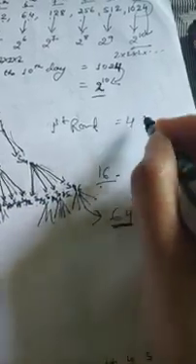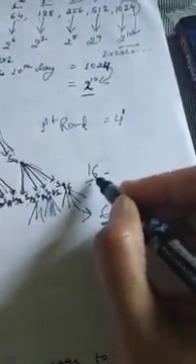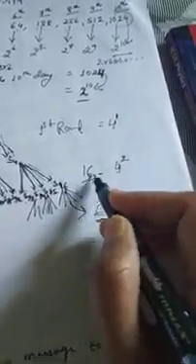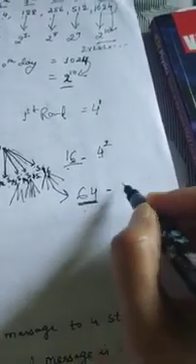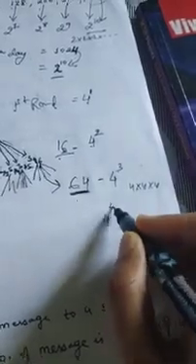First round 4. Can we write 4 to the power 1? Second round, how many students? 16. We can write 4 to the power 2. 4 fours are 16. Third round 64. Can we write 4 to the power 3? That means 4 into 4 into 4. 4 fours are 16, 16 fours are 64. Similarly, in the fourth round it will be 4 to the power 4, and in the fifth round it will be 4 to the power 5. Got it? So you will solve it like this.